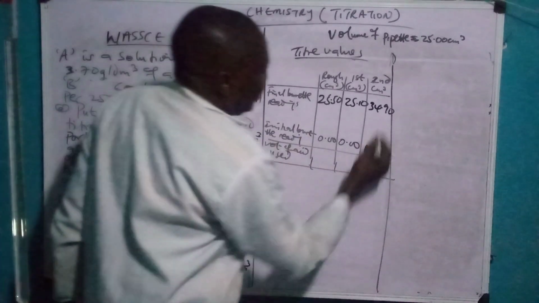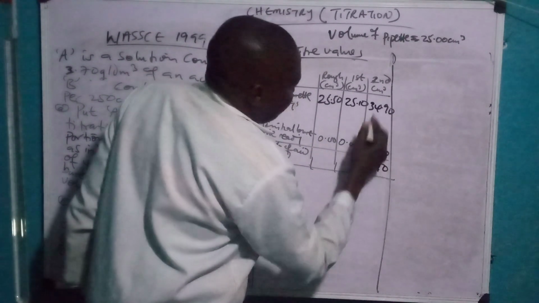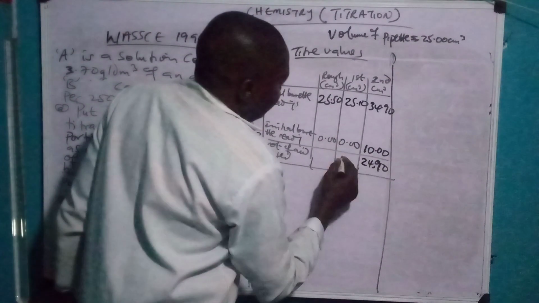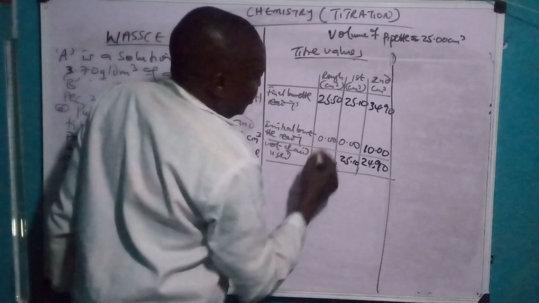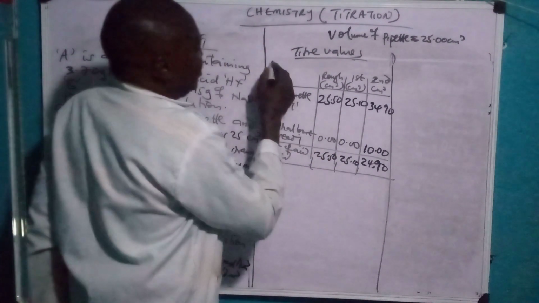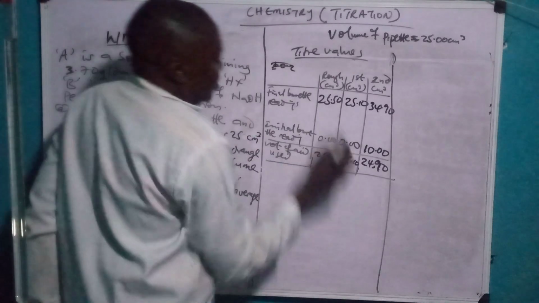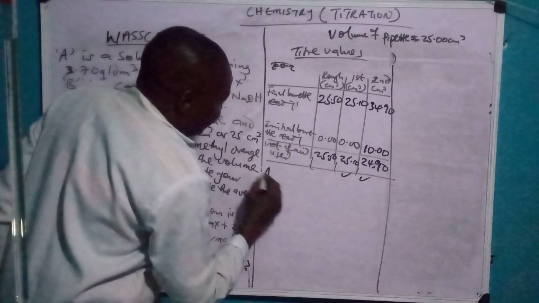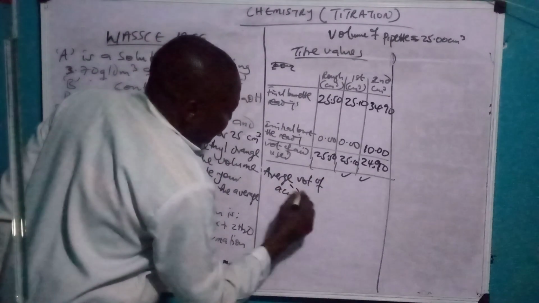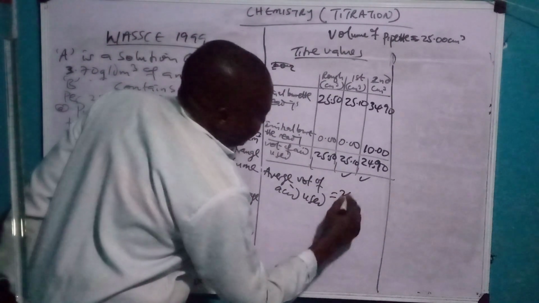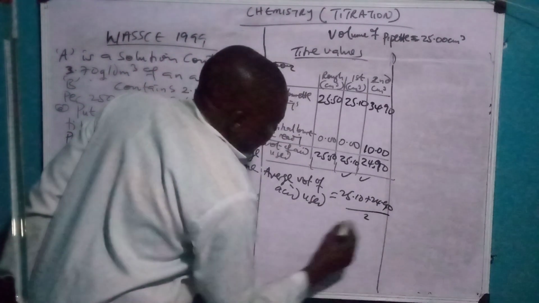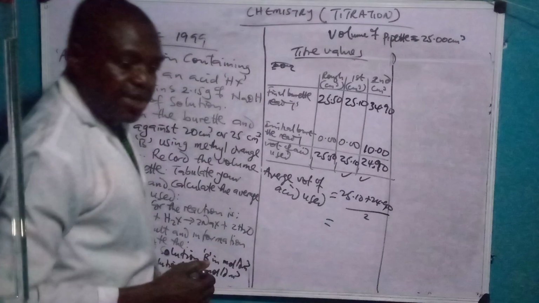We now deduct, we subtract. This is 90, this is 4, this is 2, this is 25.10, and this 25.50. Since we are using plus or minus 0.2, we take these two. So our average volume of acid used is 25.10 plus 24.90 over 2. This gives, let's do the calculation,